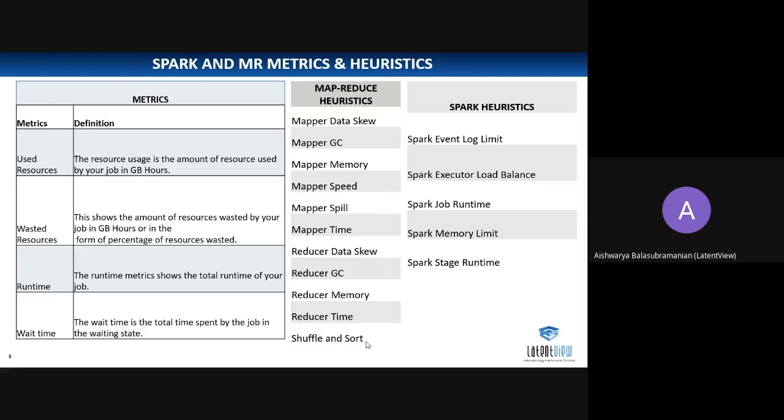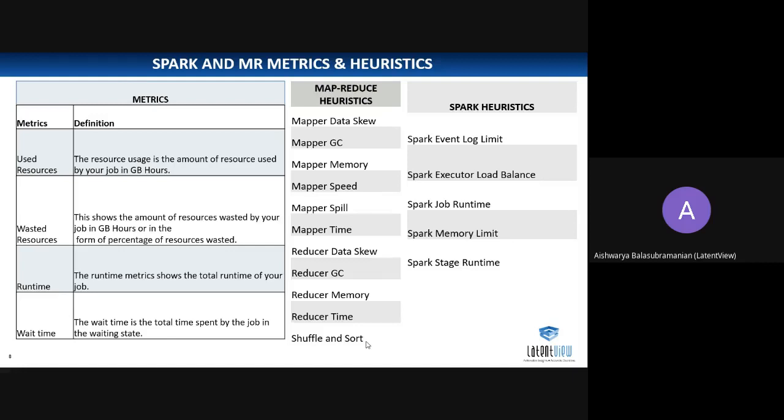At shuffling and sorting, you would have seen in the Spark URL, after your DAG gets created, you have the stages, and a few stages will be completely waiting. It may be because of the shuffle and sort buffer memory. There are a lot of parameters because of which the shuffling and sorting phase may have issues. So taking all these things into consideration, they have designed these inbuilt MapReduce heuristics. You can select which heuristics you want to apply on your data. You may select all, or select specific ones, or write your own custom rules also. That is up to the need of the application.